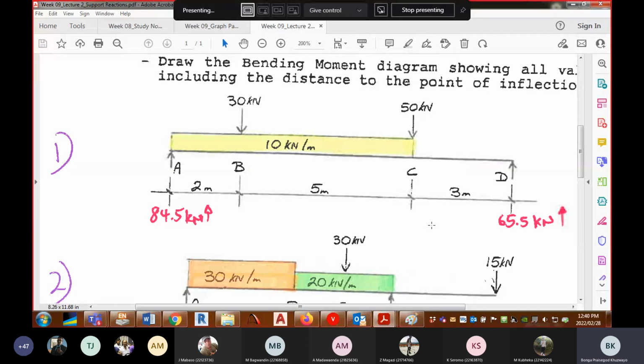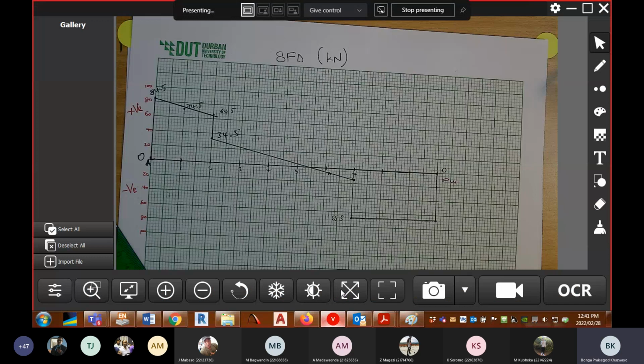Now, when you include the support reaction, you've got plus 65.5, and as I told you, the shear is constant. You can check it every meter. There you notice that, and then it goes back to 0. You have to finish at 0. If you don't finish at 0, then it's obviously a mistake somewhere. Right, so